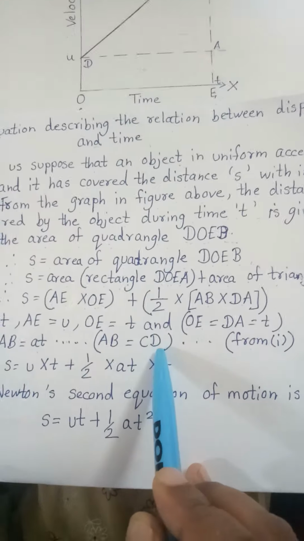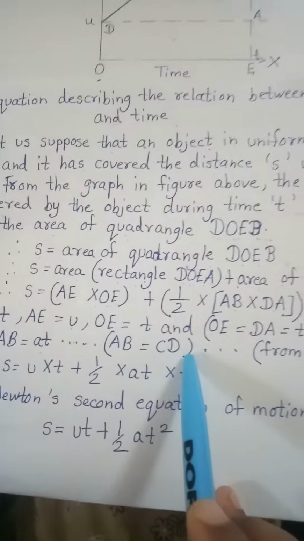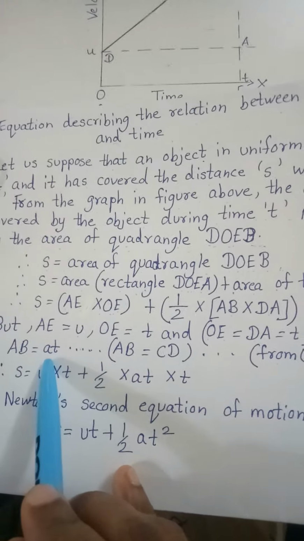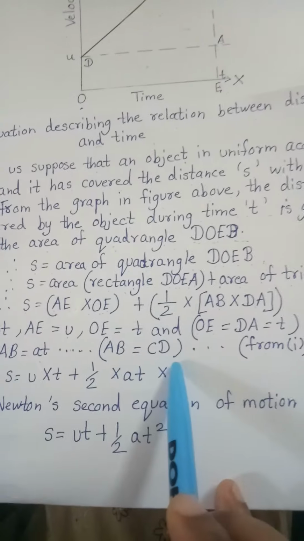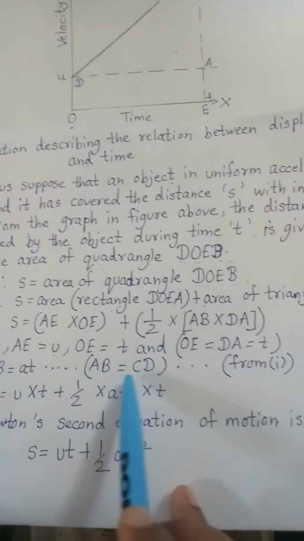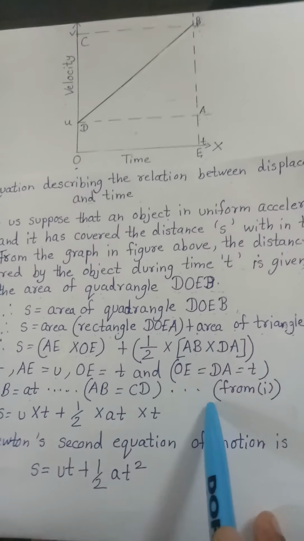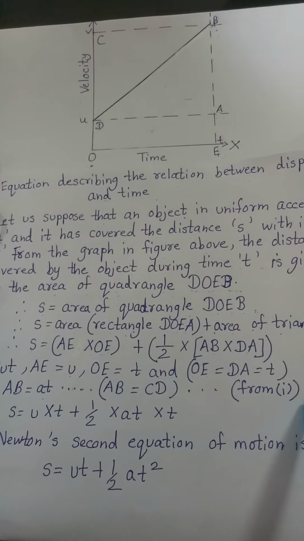Why? Because AB is equal to CD, and in our first equation we have solved that and seen that CD itself is at. So if AB is equal to CD, then AB is equal to at from equation first, which is in our